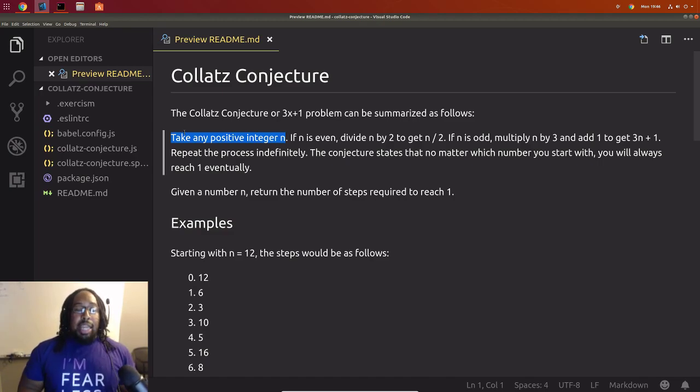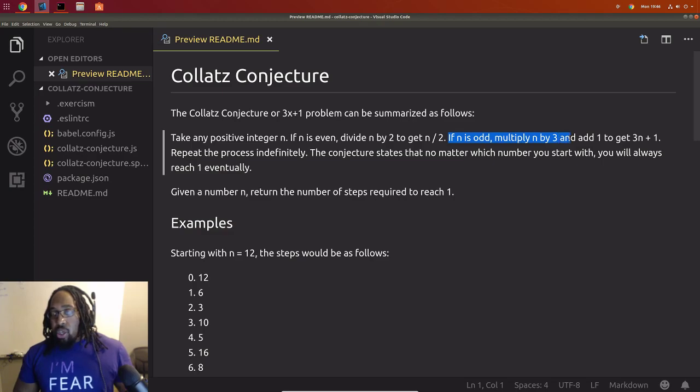So this is telling us it has to be a positive number. So we're probably gonna have to do some type of check to make sure this is positive. And we'll check the test files to make sure of that in a little bit, but we're probably gonna have to do that. So if n is even, so that's the first thing. That's the second thing we're gonna be checking for. If it's an even number, we're gonna divide by 2, and if it is odd, we are going to multiply it by 3 and then add 1 to it.